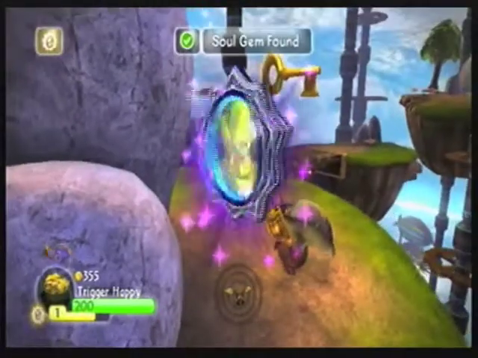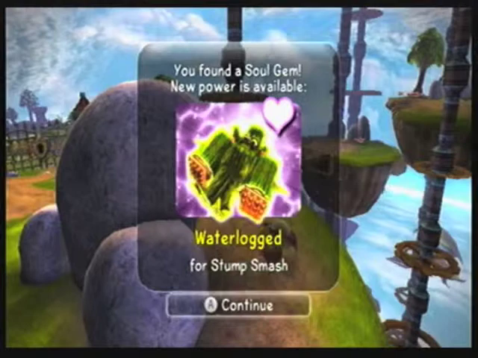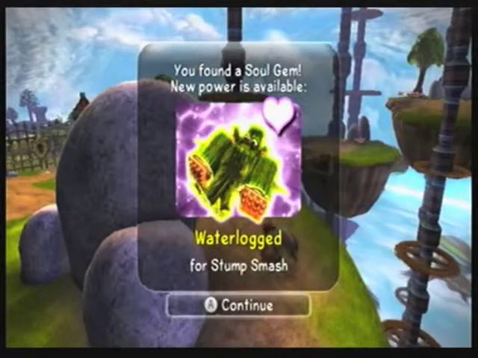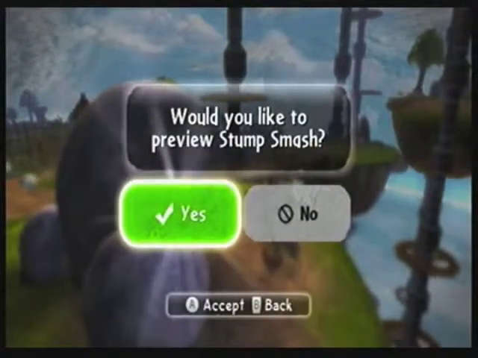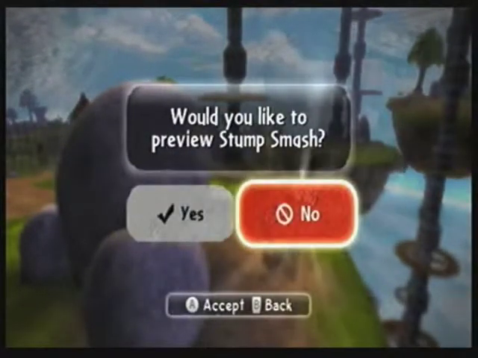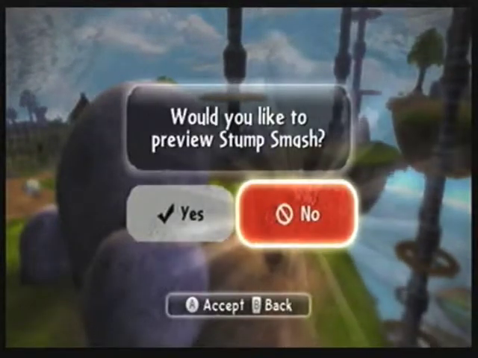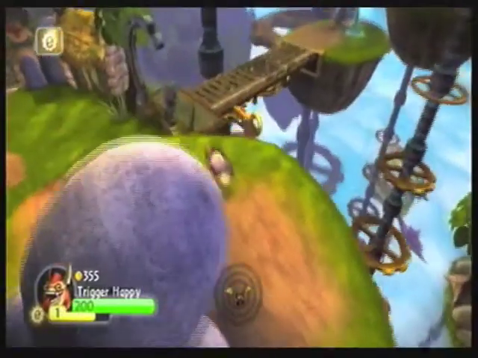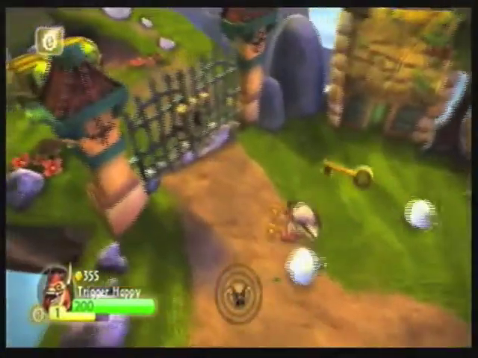And here's our first soul gem that we collect on screen. Basically, soul gems unlock a new power that you could not otherwise buy with your treasure. It also offers you to see a video of what that character can do, but I'll be showing all the Skylanders in action anyway by the time this LP is over, so for time constraints I'm not going to. Now, finally, we go over to the gate and...